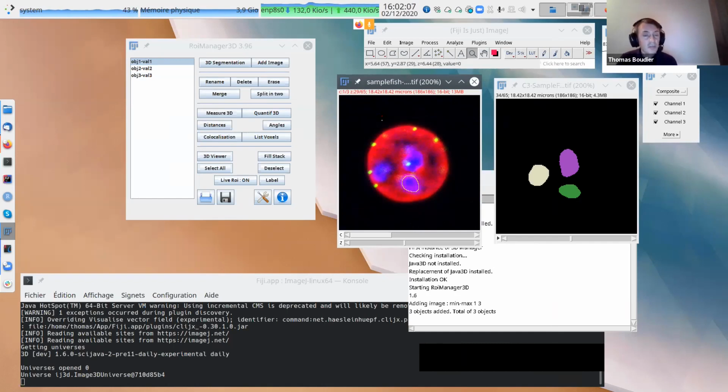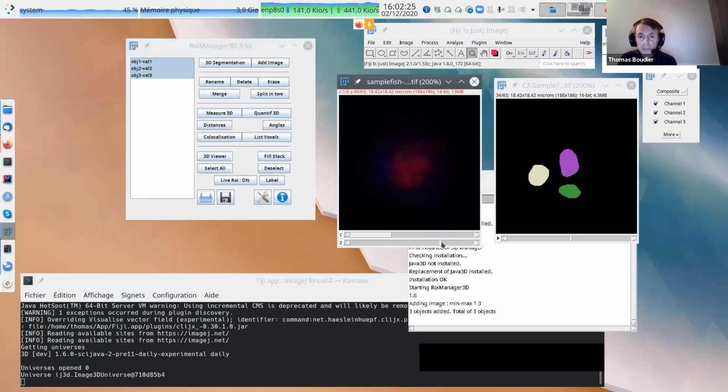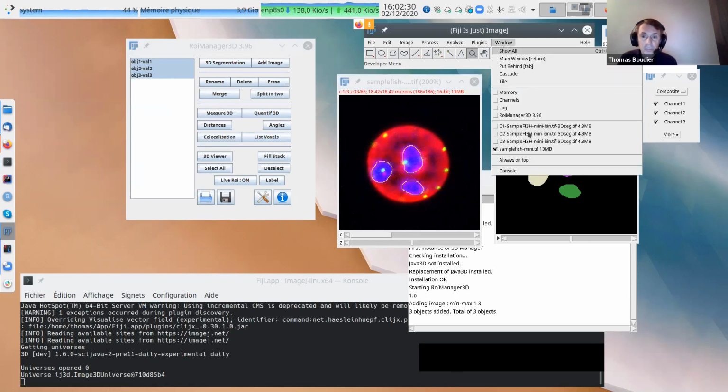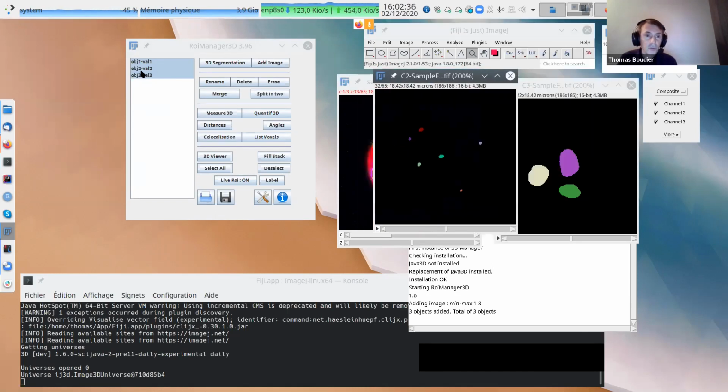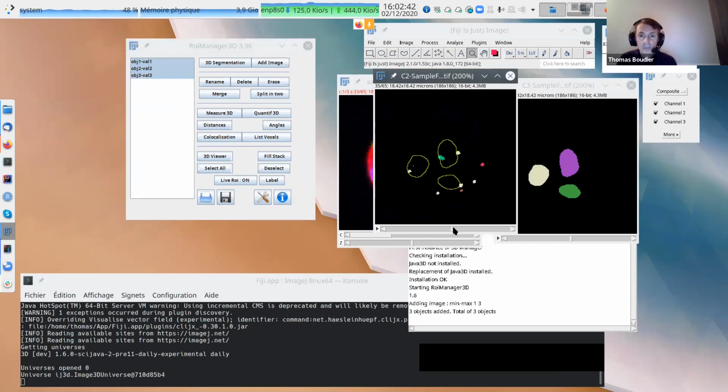This is the basic thing I use quite a lot, just to check. Of course you can select multiple objects: Control-click to select multiple objects, or Shift-click to select a list of objects like any list on a computer. So I have my three objects, so I can see, and I can do this on all the windows if I want. Like C2, you can use this image. So you have an idea. Oh, you can see some spots are inside the nucleoli. So is it something you were expecting or not?